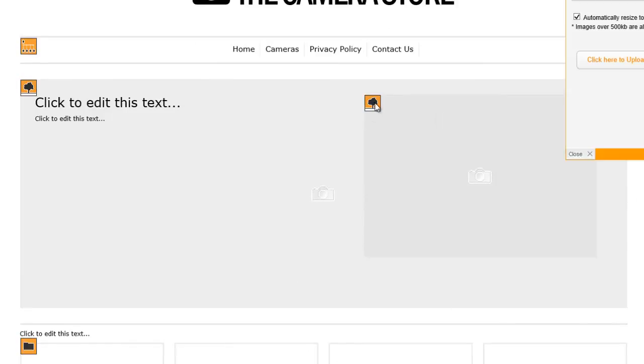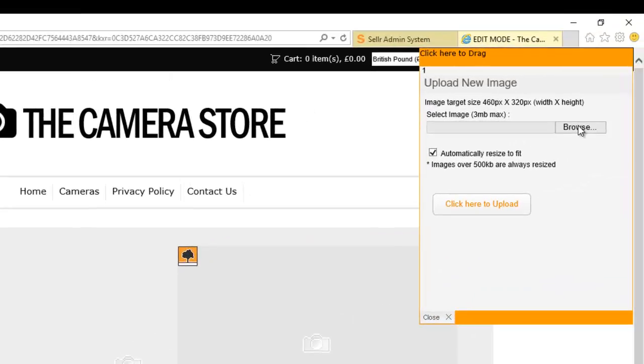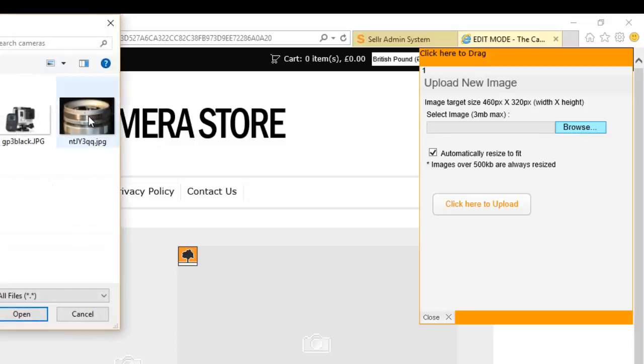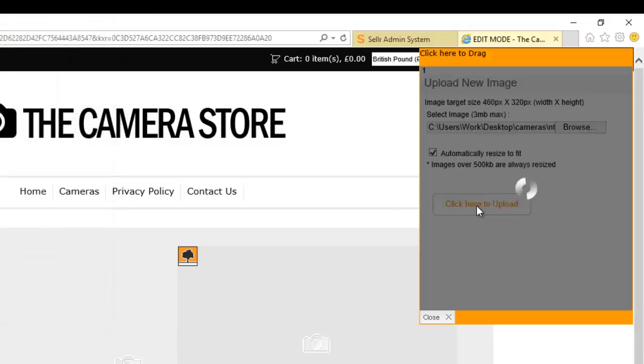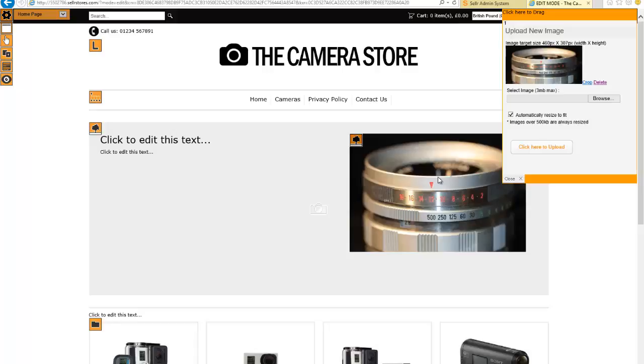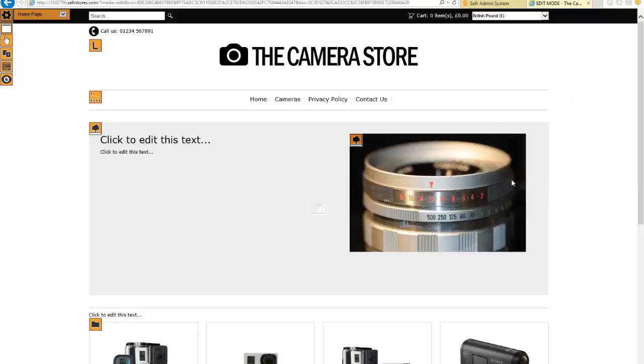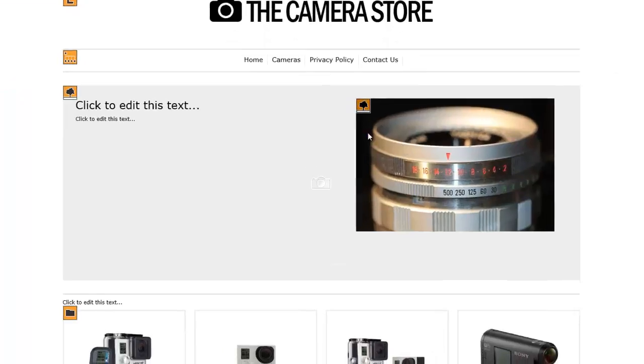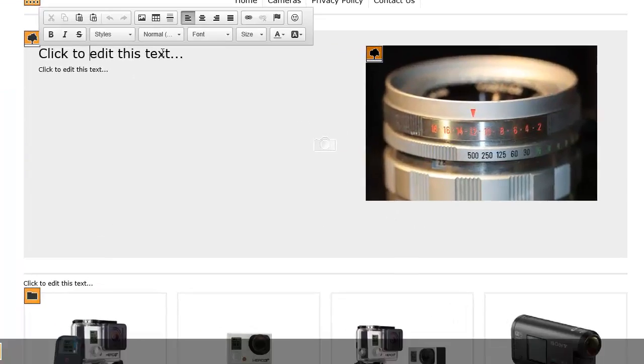So if I want to upload an image to this smaller section here, I simply click on it, select the image, and click on upload. It's actually a much bigger image, but it will resize that so it fits in. And it will also reduce the file size as well, making it quicker to load. And then for text, you simply, again, type over the text you want. So here, let's put